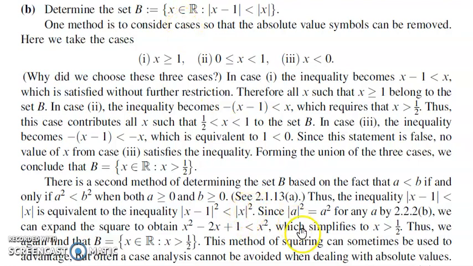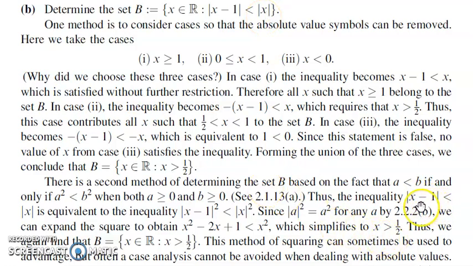Another method is, here if we take a real number a as modulus of x minus 1 and b as modulus of x, this means that a is less than b. We have already proved a theorem: a is less than b if and only if a square is less than b square. So modulus of x minus 1 is less than mod x if and only if modulus of x minus 1 the whole square is less than modulus of x square.